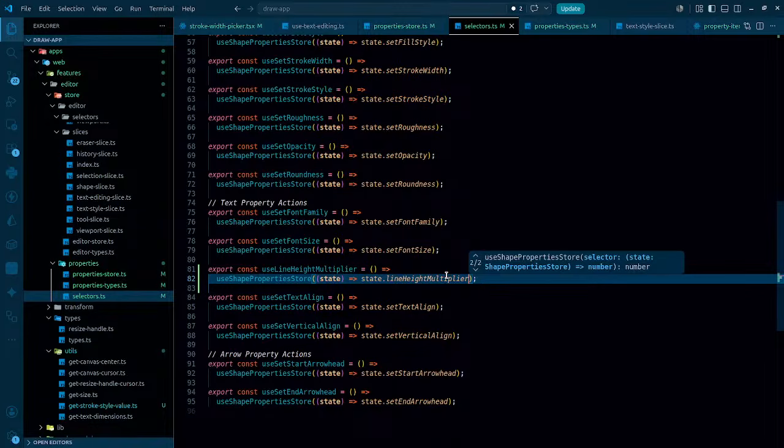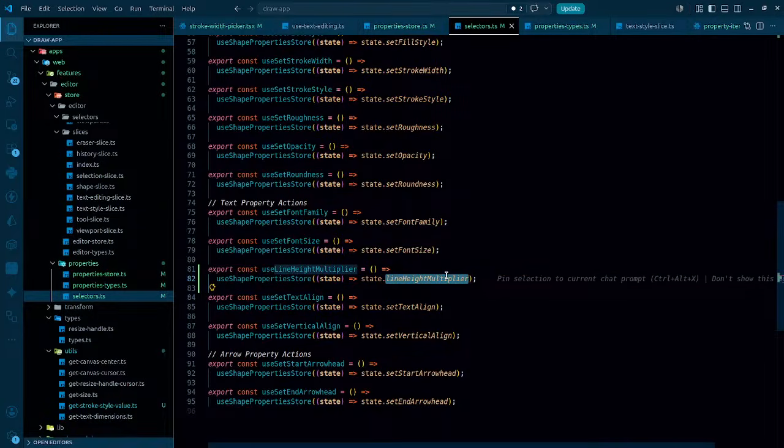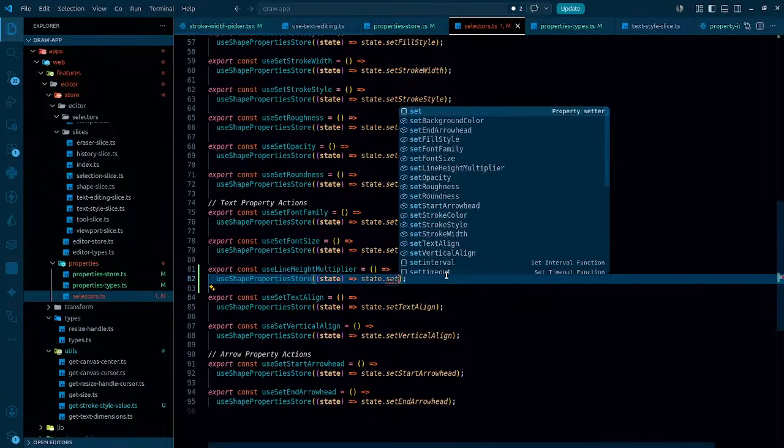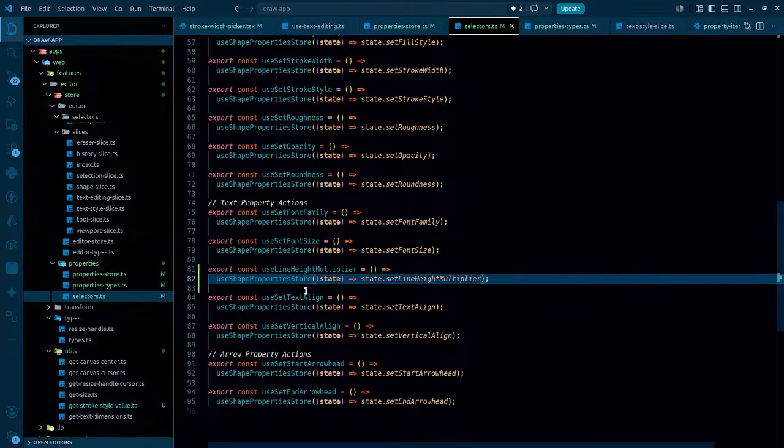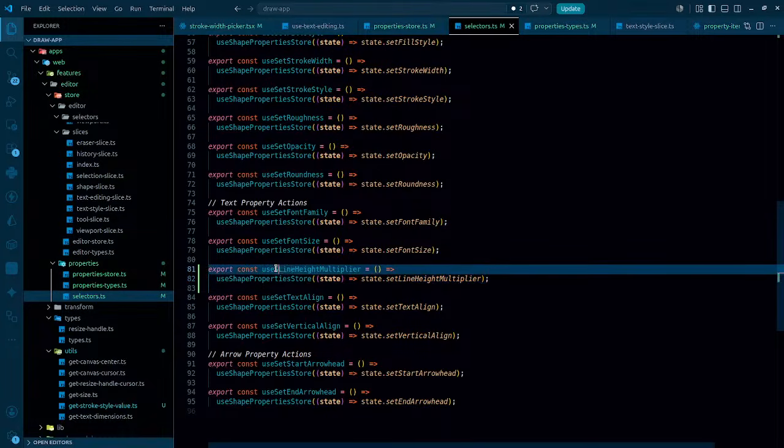Okay, we are actually setting it, so this should be set line height multiplier, and this should actually be use set line height multiplier. We are gonna be setting the value. This is nothing but the action,